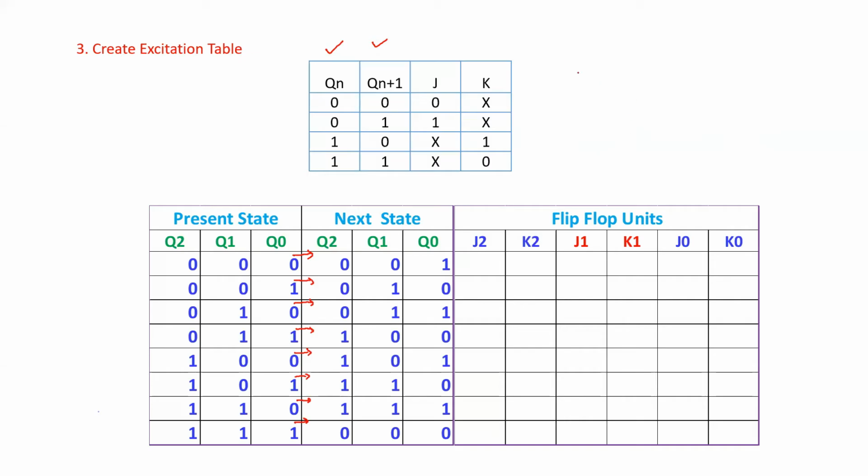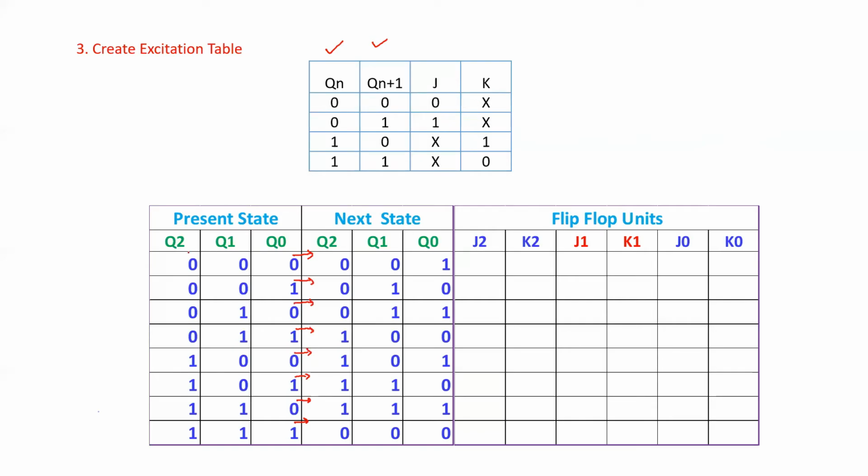Now the next thing is how to fill this table, because we are designing with the JK flip-flop. This is not going to be an easy task, and you can make a lot of mistakes. The best thing is, whenever you are filling this table, keep the excitation table of the JK flip-flop in front of you, and if there is any problem you will readily know. Once you practice, you will know all of this.